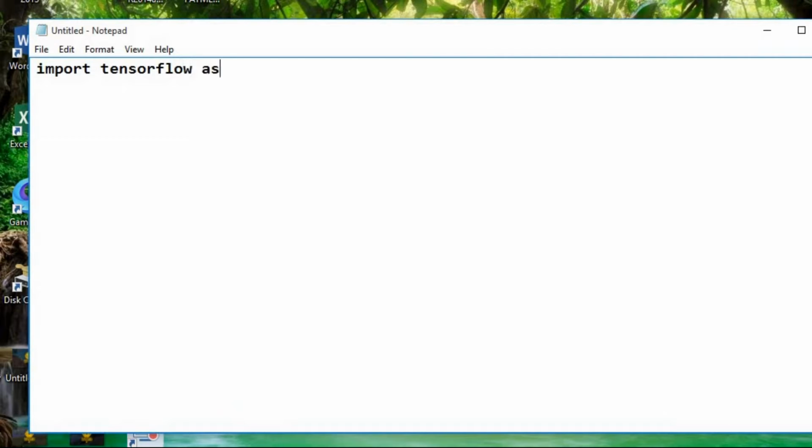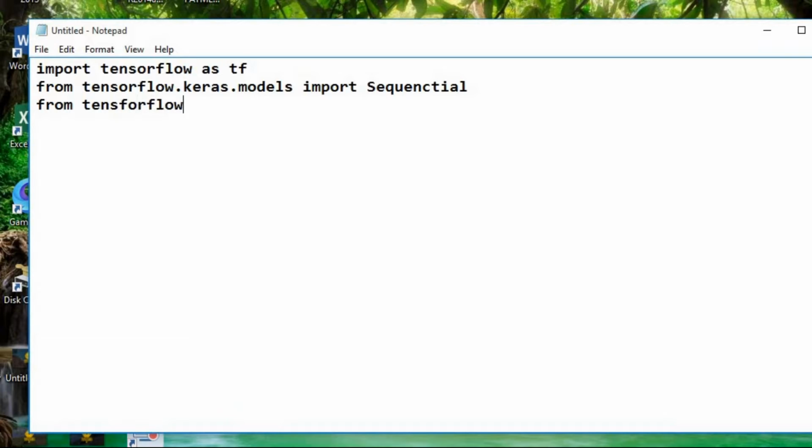For that, import TensorFlow as tf. Next, from tensorflow.keras.models import Sequential. Next, from tensorflow.keras.layers import Dense, then Dropout and LSTM.